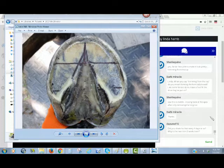This time, I had checked his feet in 4 days. Well, no, what happened was I'd only done 1 foot. And then it rained, a bunch of stuff happened. And so I was going back to do the other foot. And I thought, well, I'll do a check on this foot and maybe I'll just take the pillars back like I'd been wanting to do. You know, take the pillars, leave the rest of the foot, take the pillars back to the white line. But then when I got to checking this foot, I see that it had shifted and done all these things in like 4 days. So I thought, well, I'm just going to